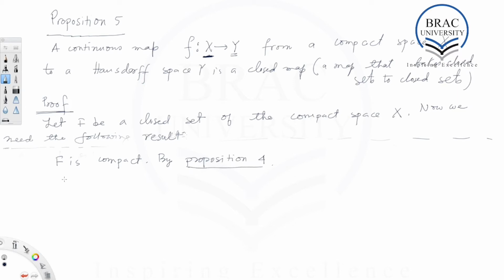since small f is a continuous map from X to Y and big F is compact in X, by proposition 4, f of big F is compact in Y, right? Now by proposition 3,